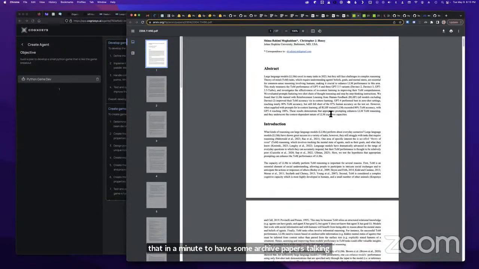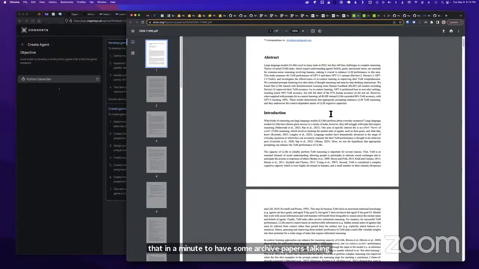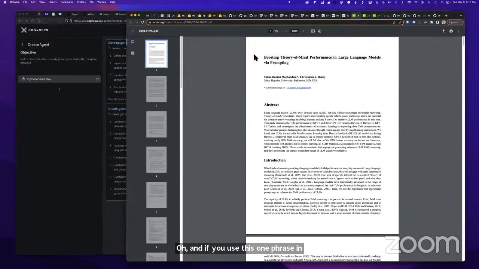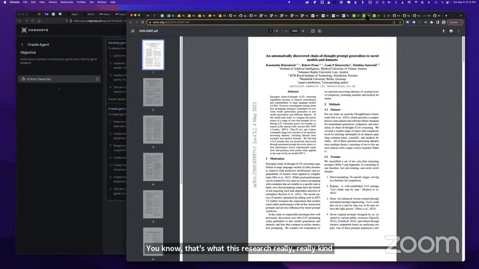talking about theory of mind in these LLMs, and I think that's getting a little excited and a little ahead of itself. A lot of the results are, if you use this one phrase in your prompt, it will produce better results. That's what this research really kind of discovers, is that it's pretty mysterious, but if you try this one thing, chain of thought reasoning,